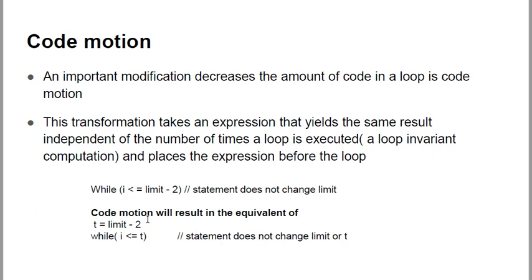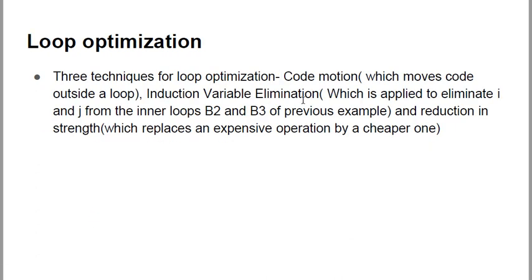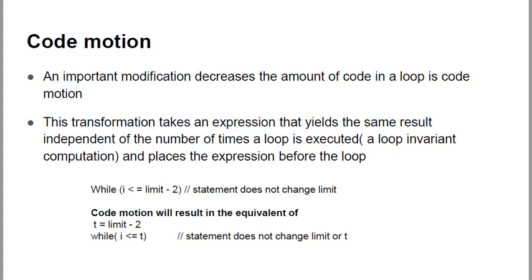So if instead of this computation always before starting of a loop, we store the value of this limit minus 2 in some other temporary variable, then always this computation need not be done. So this kind of transformation, where the computations are being reduced, and instead of being placed inside our loop, it is placed outside of our loop. Okay, so what I told previously, that which moves the code outside a loop. So this code, this limit minus 2, is moved outside of a loop, need not be checked inside a loop always, because the value of limit minus 2 is same always.